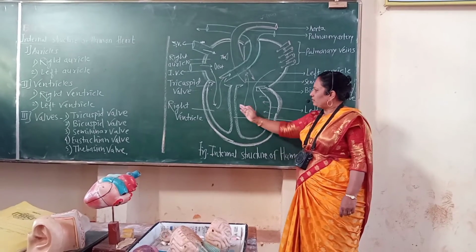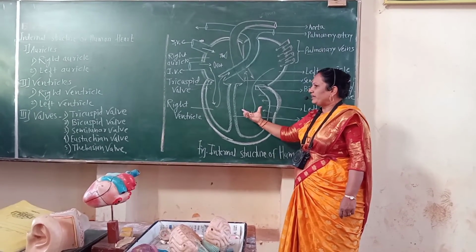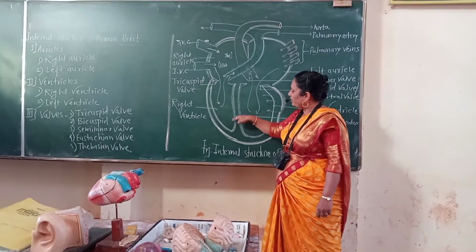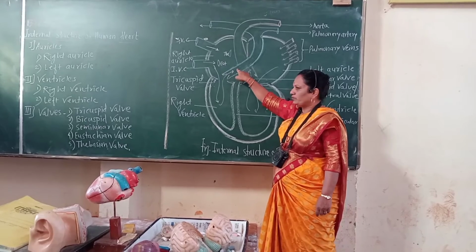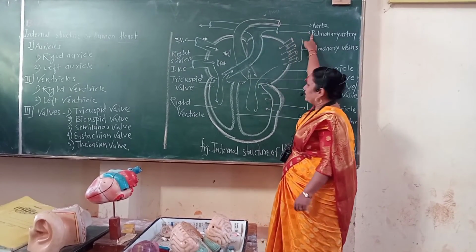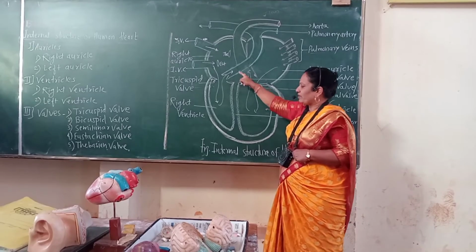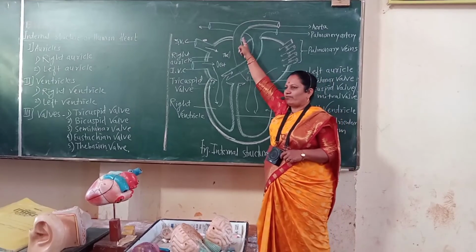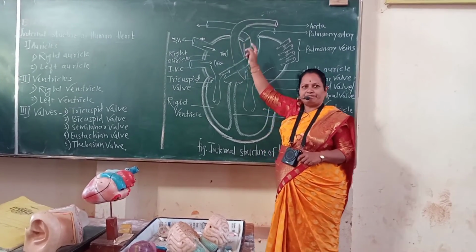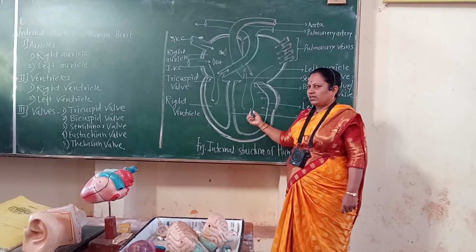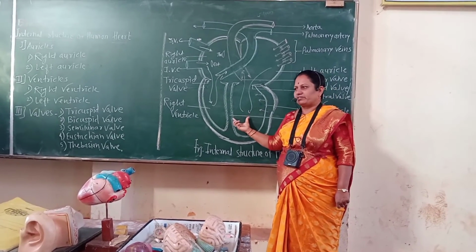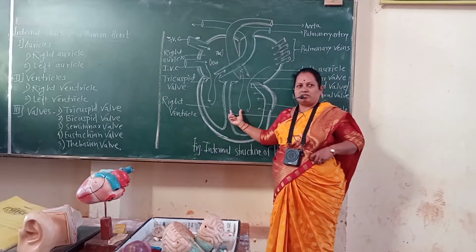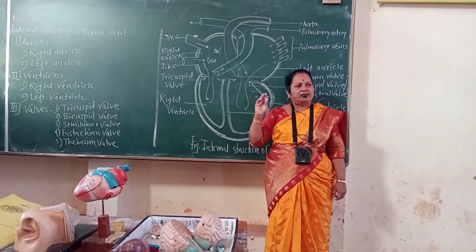After that, here 2 ventricles. When both the ventricles get contracted, what happens? Impure blood from the right ventricle enters into the pulmonary artery, while pure blood from the left ventricle enters into the aorta and is supplied to the body. Both the ventricles are distributing chambers. Why are ventricles called distributing chambers or propelling chambers? Because they distribute or propel.